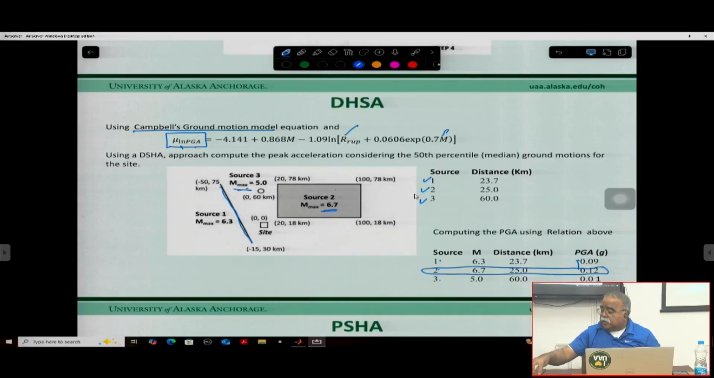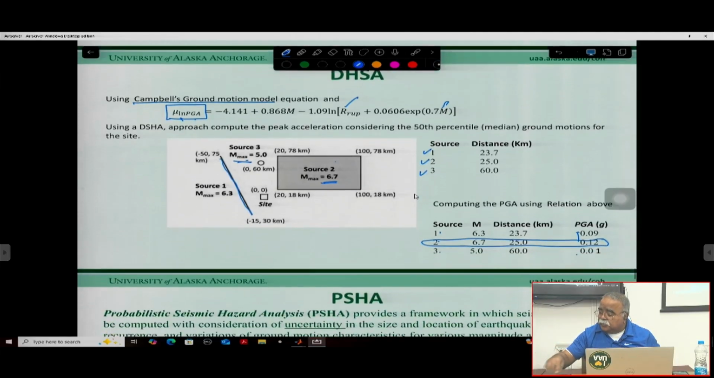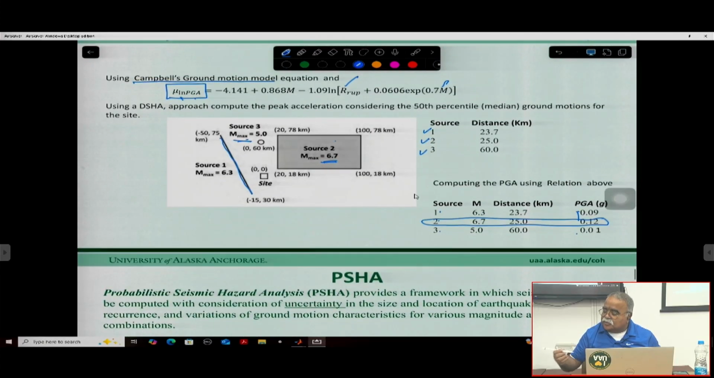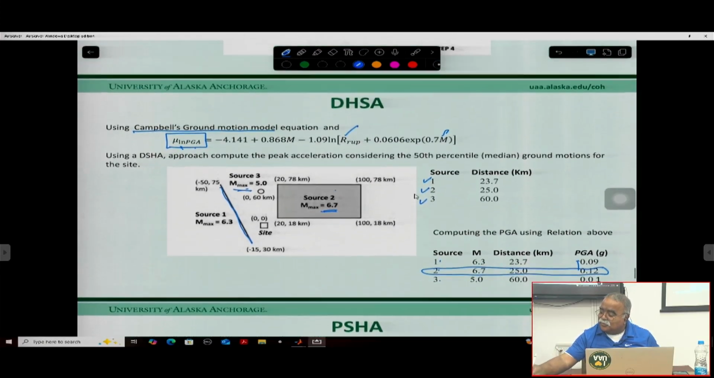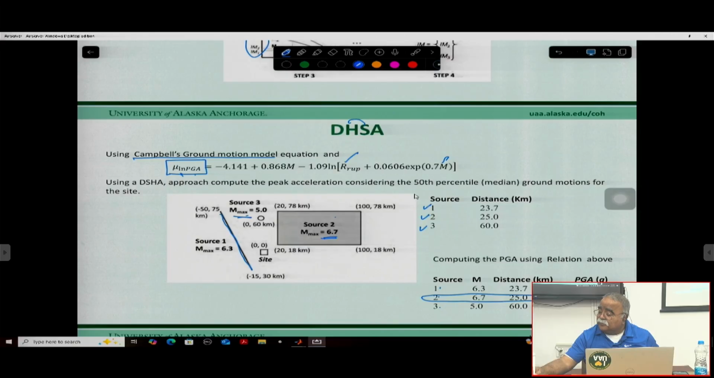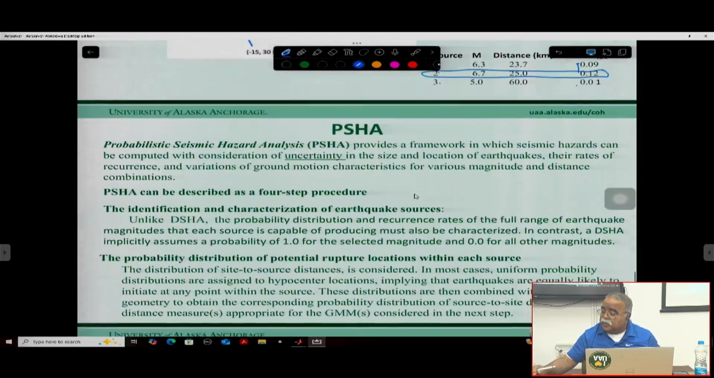Make sense? Okay. So now, all of this is DSHA. Sorry, I'll correct it afterwards. It is the DSHA. Now,